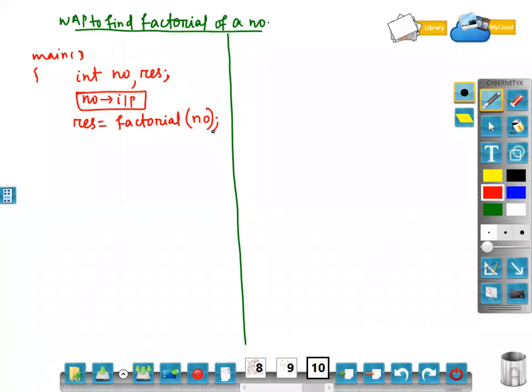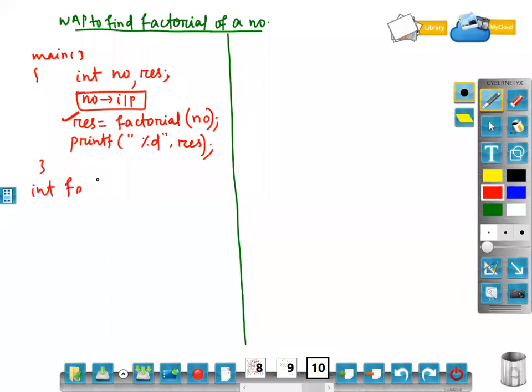Where I am passing the variable number, I am giving the instruction: you find the factorial of number, and after finding, give me the result, which I will store in the res variable. To get the result, let me write printf %d res, so I'll print the value. Now I'll write down the definition.